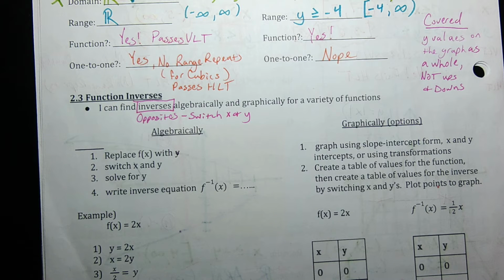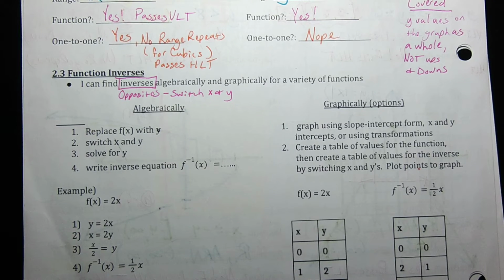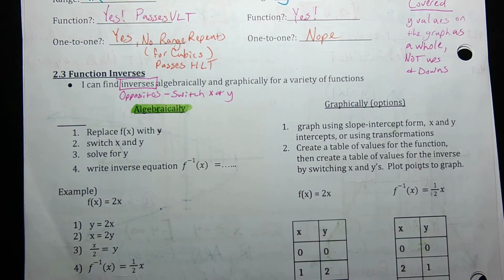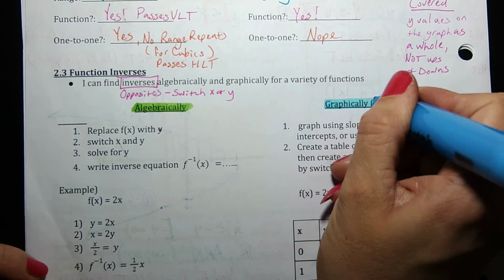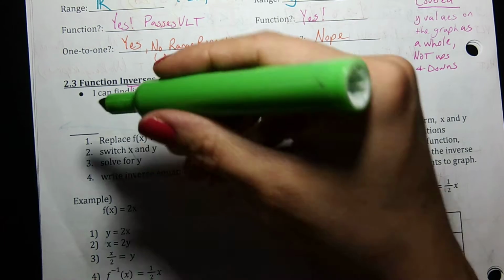Now there are two aspects of inverses that we will be looking at. The first is how do we find them algebraically? And the second is how do we find them graphically? But no matter which method we're using, we're still doing the same basic thing of switching x and y. So if I wanted to algebraically invert an equation,